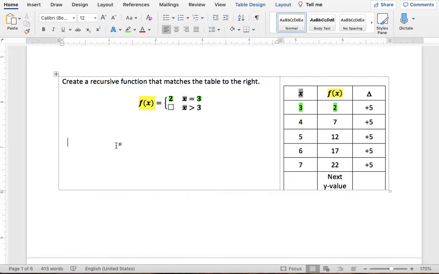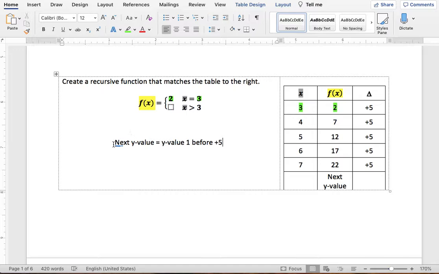So if I know that my next y value is just equal to my y value 1 beforehand plus 5,